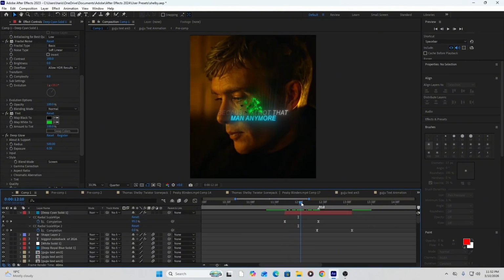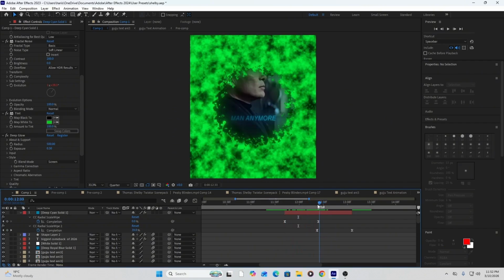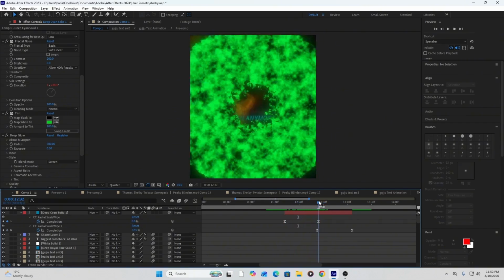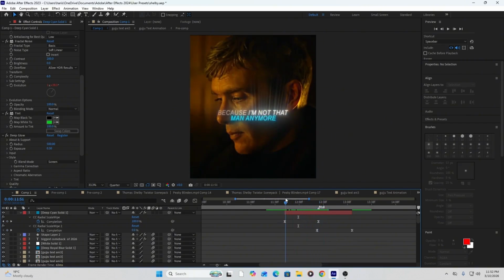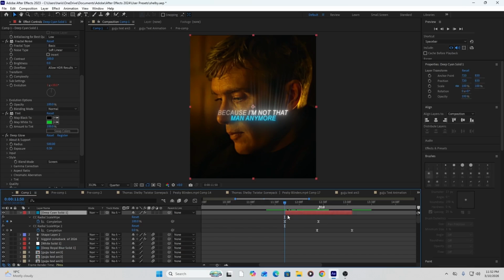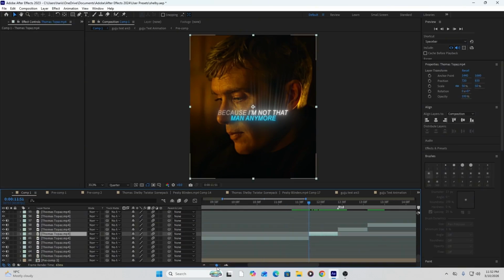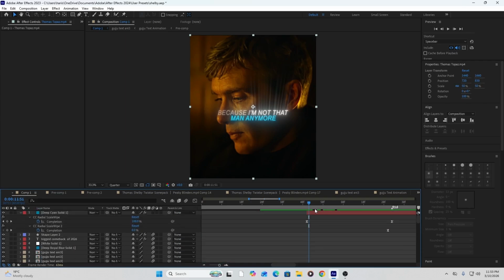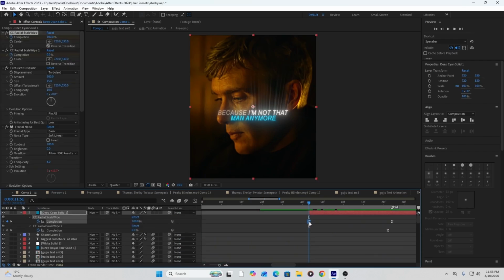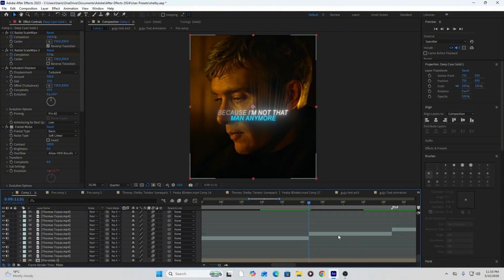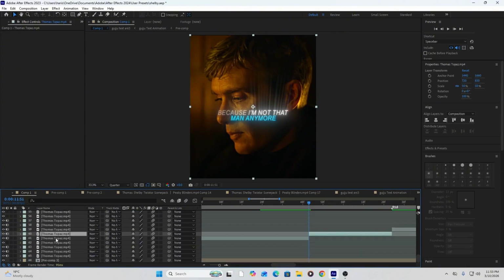As you can see, it looks very good, but something is missing in this. A slight zoom effect is missing in this transition. Then go to your clip, and where the transition starts, go to your clip and press S on your clip,